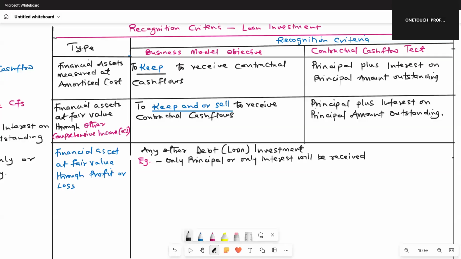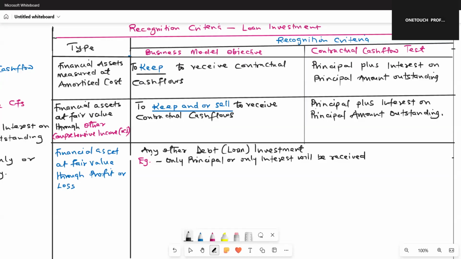We are looking at you buying an investment from a company, and we are saying that the company may have favorable or unfavorable market conditions. So it depends on the characteristics of the loan investment that you bought. If it is mark to market, then it's just going to affect you. You understand? So what I'm trying to say is that if your intention is to trade in the loan investment,